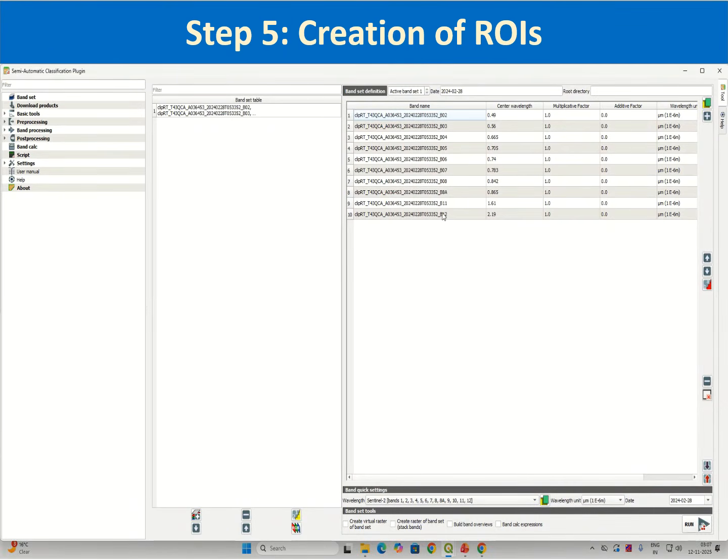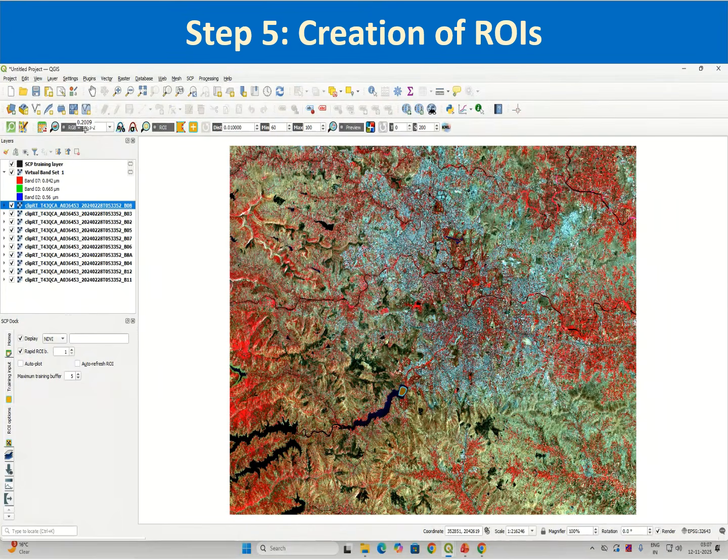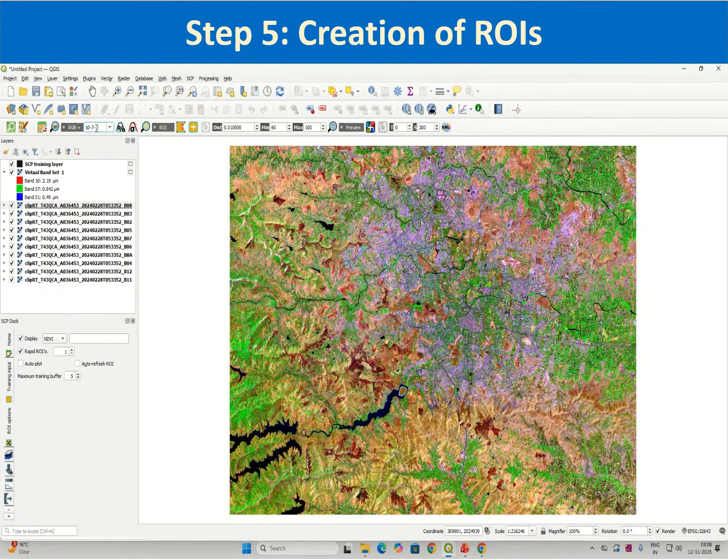SWIR 2, that is B12, which is at position 10, and NIR B8 at 7, and then blue, which is at 1: 10, 7, 1. Just check this. 10, 7, 1. Press enter. So you can see